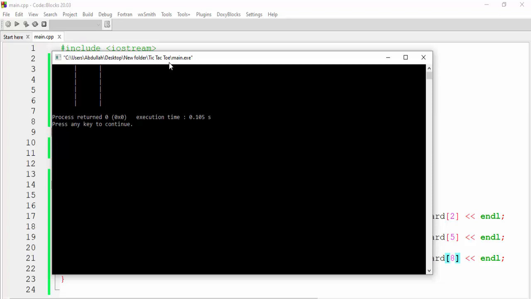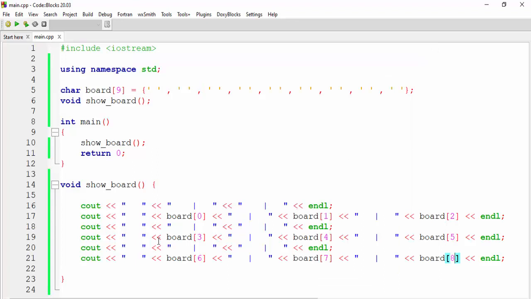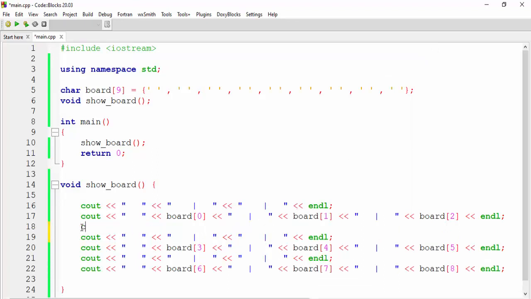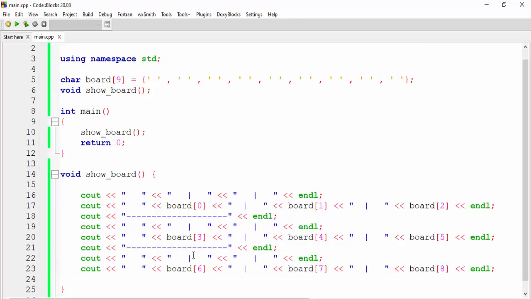Now we need to add some horizontal lines, so the board will look like this. We will come down here and add a cout statement. So we will say cout, and here we add hyphens. Now let's try to add these hyphens. If I run this code, it looks like this. I have adjusted the spaces, so you can adjust the spaces as well. Let me describe how many spaces there are. There are 3 spaces, then 3 spaces here and 3 here, and then 3 spaces and 3 spaces.